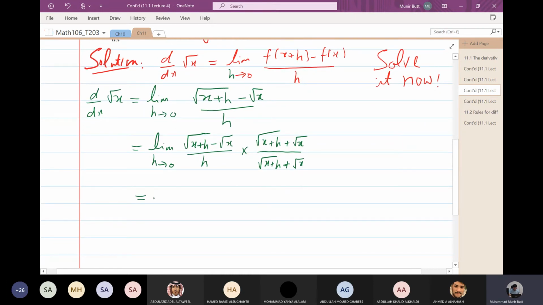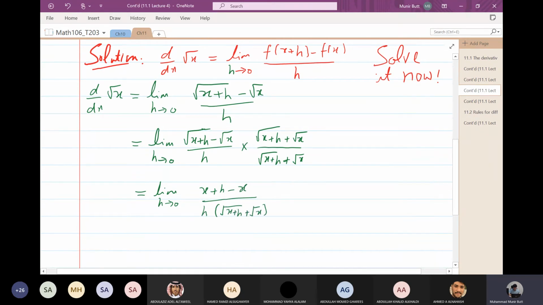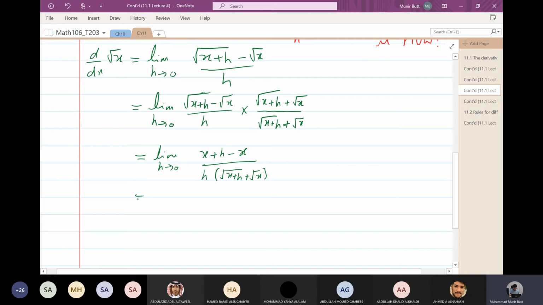So this will give us limit h approaches to 0. Here we have a square minus b square now. x plus h minus x, divided by x plus h radical plus radical of x. And here we have left